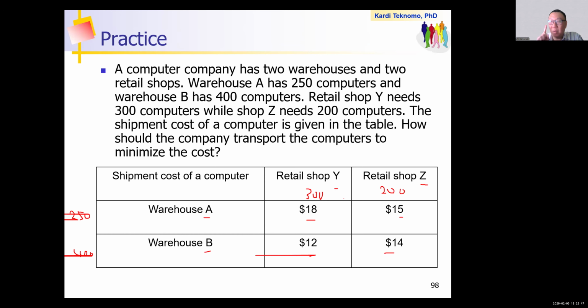Okay. Number one, understand the problem. Do you understand the problem? What will be the objective here? What will be the constraints?